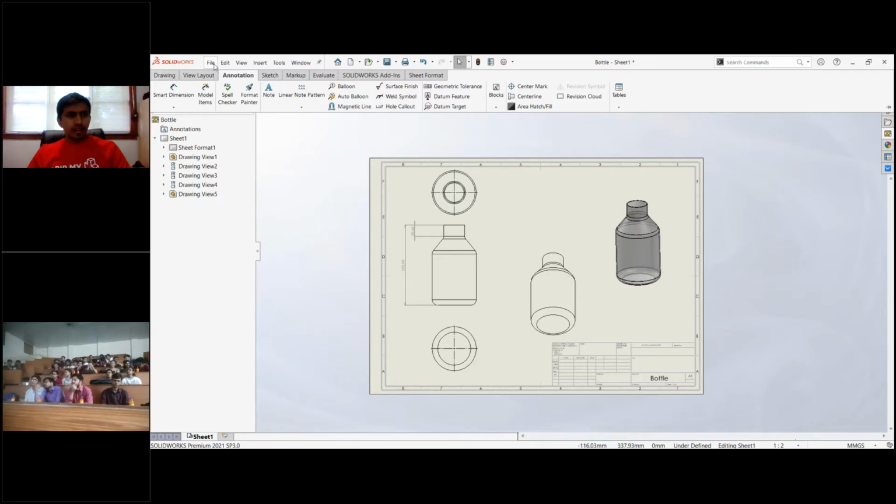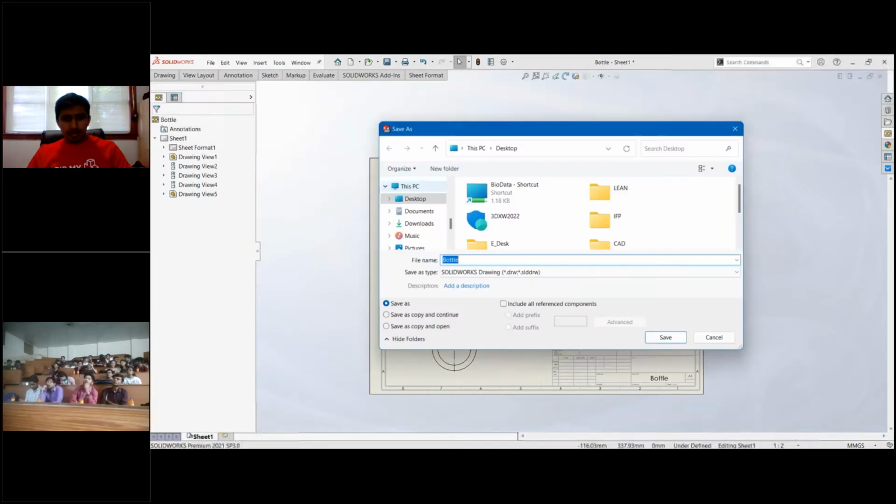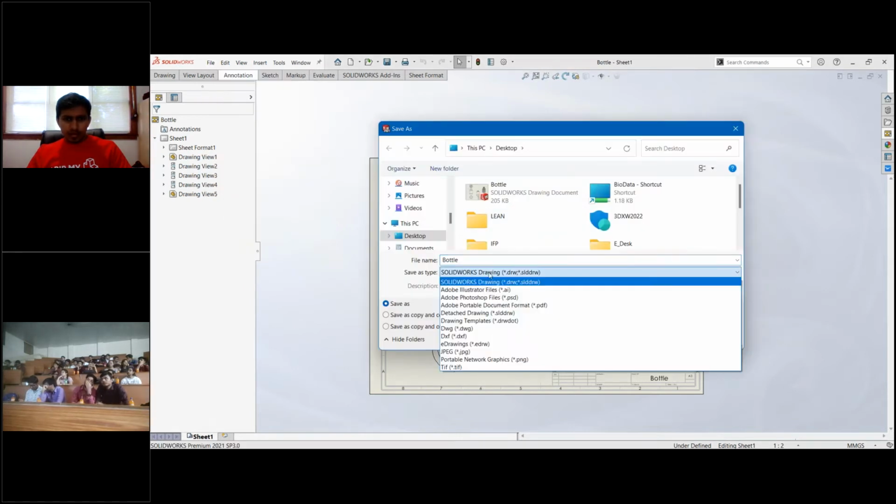And we can save it in the drawing file of SolidWorks, as well as directly save as a PDF.